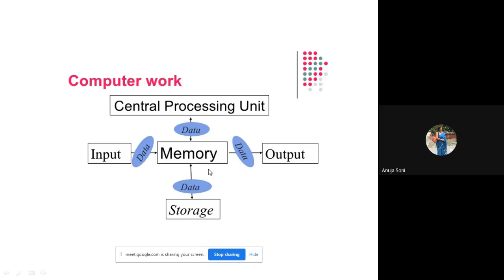But main memory is essential to get data processed by the CPU. Without the main memory, the CPU cannot work, the system cannot work. So it is essential to store the data in the main memory to get it processed by the CPU. Now the CPU will do the entire processing, whereas the input devices as well as the output devices are called dumb terminals. Dumb terminals only facilitate inputting and outputting the data. But intermediately, the entire processing is done by the central processing unit, and that's why it is called the brain or processing unit.